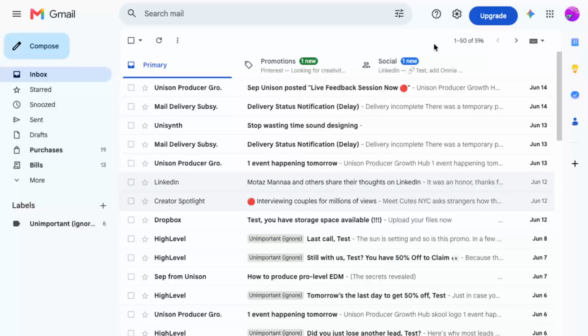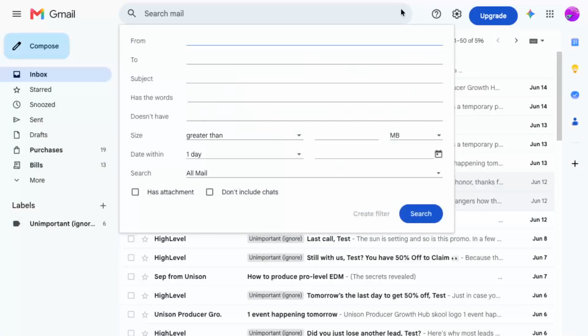Start by opening your Gmail inbox. Make sure you're on the main inbox screen so you can access the search tools at the top of the page. This is where Gmail gives you more advanced options for finding specific emails. Next, go to the search bar and click the slider icon, which opens the advanced search options. This panel lets you build a more precise search, which is important because your filter will be based on the